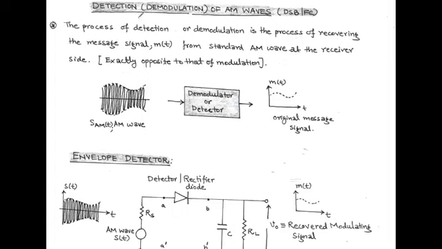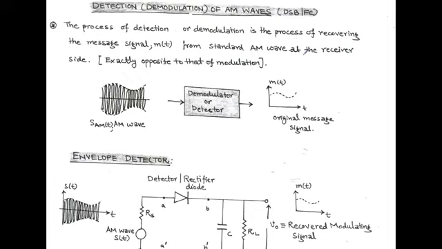Hello friends, here we are going to discuss detection of AM wave or demodulation of double sideband full carrier. In the last video lecture we discussed generation of double sideband full carrier or modulation of AM wave. So we can say that demodulation is exactly opposite to the modulation process. In the demodulation process, a message signal is extracted or recovered from a standard AM or double sideband full carrier at